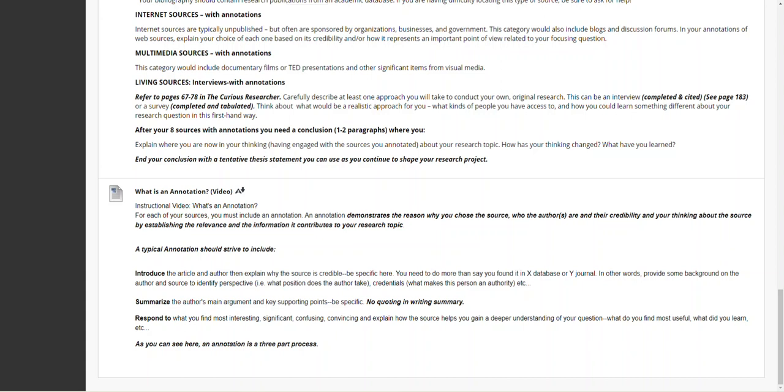In other words, why did you choose that particular source? This is why we try to focus on authored sources. It's very hard to do this when in fact there is no author and you're grabbing a random source off the internet. The second part to the process is to summarize the author's main argument and key supporting points, and